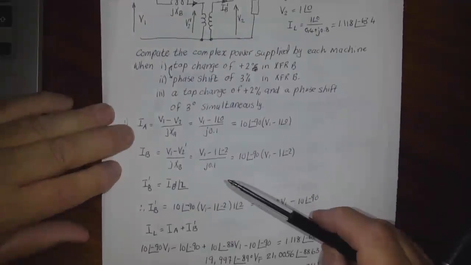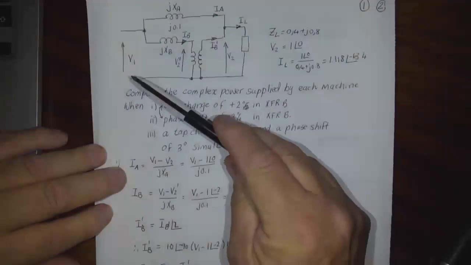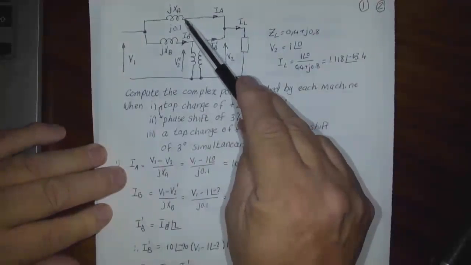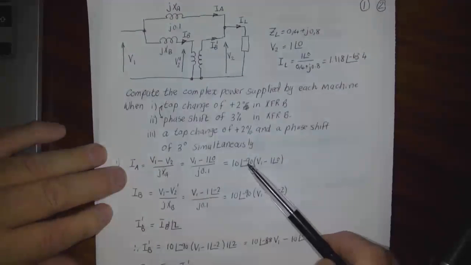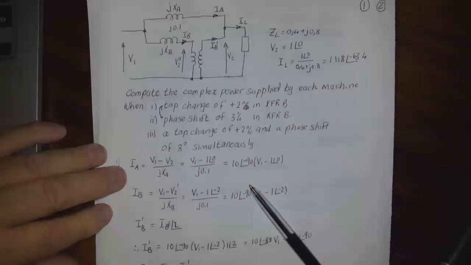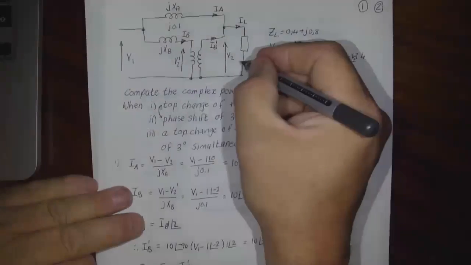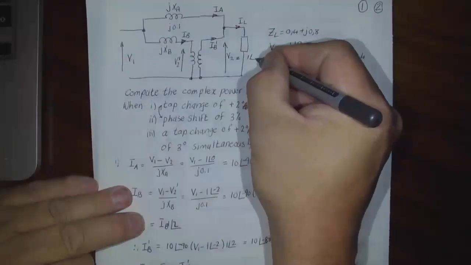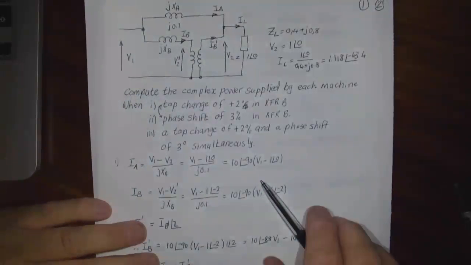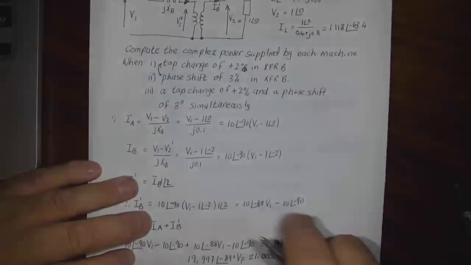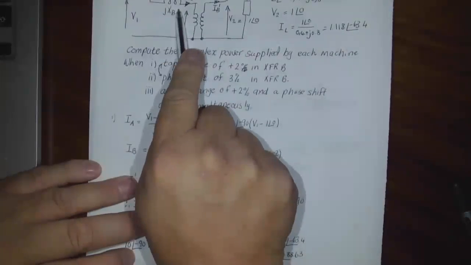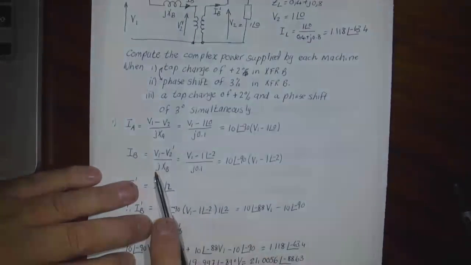All right, so first of all, we calculate IA, which again is V1 minus V2 divided by the impedance between them. That gives us 10 angle minus 90, V1 minus 1 angle 0. V2 is always equal to 1 angle 0. And therefore, IB will be V1 minus V2 dash divided by JXB. That gives us